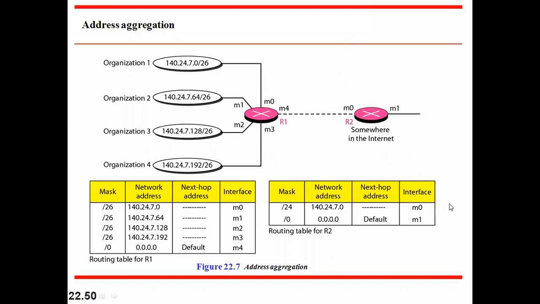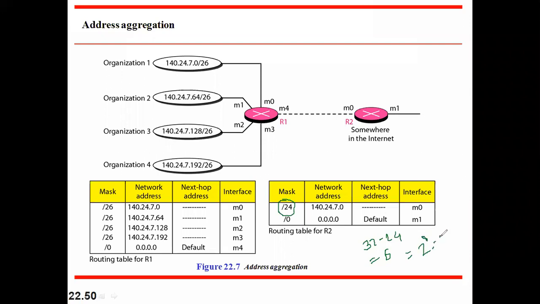Now if you observe this routing table, you can see there is a network address and a mask value. What does it indicate? At the interface M0, how many addresses are connected, and how can these addresses be calculated? This mask is 24. What does it mean? The IP address size is 32 bits, right? So 32 minus 24 is 8, so 2 raised to 8 gives a total of 256.